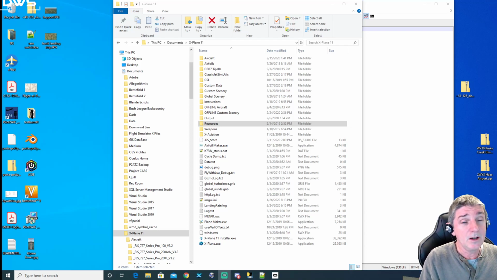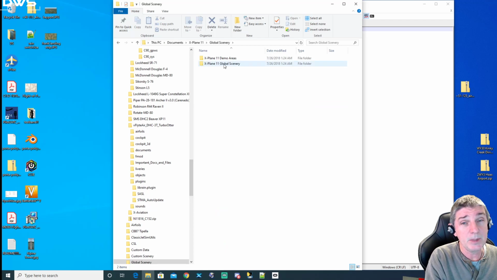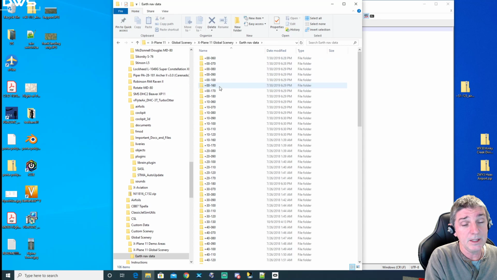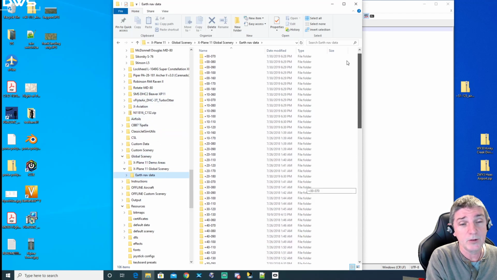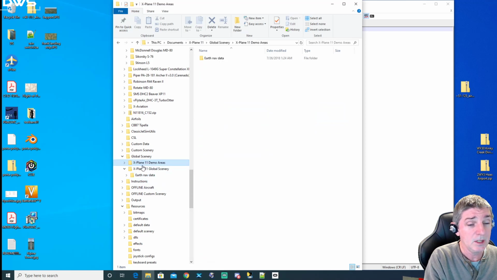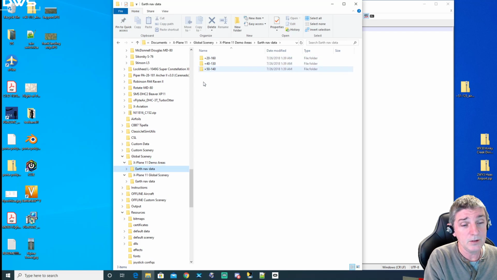Awesome. Okay, so I'll lay a little bit of groundwork, and this might be basic stuff, but you might already know this. The scenery from X-Plane is, well, there's default scenery, and that comes from this global scenery folder. Depending on how much of the world you install, the contents of this folder may vary. If you have just the demo area installed, you're just going to have this, and you'll see that there are not as many folders in there, and each of these represent